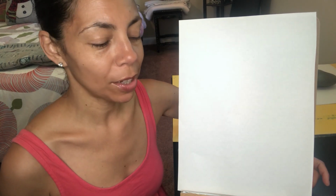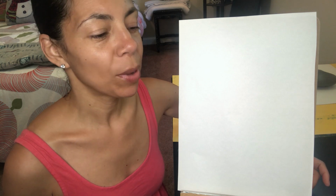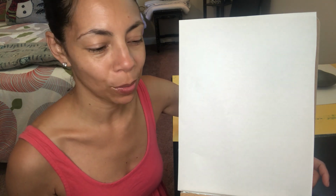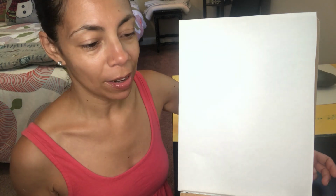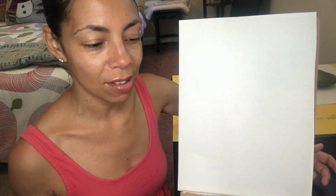Hi everyone, we're here for our last lesson of the year, and I figured we could just do something really easy today, something for summertime, so I figured we could draw ice cream cones. You can make them any flavor that you'd like. I thought it would be nice to do all different kinds of flavors, so I'm going to show you how to do this, and then you can just do it along with me,